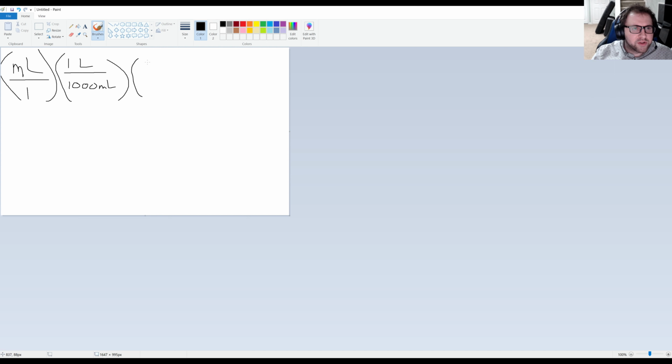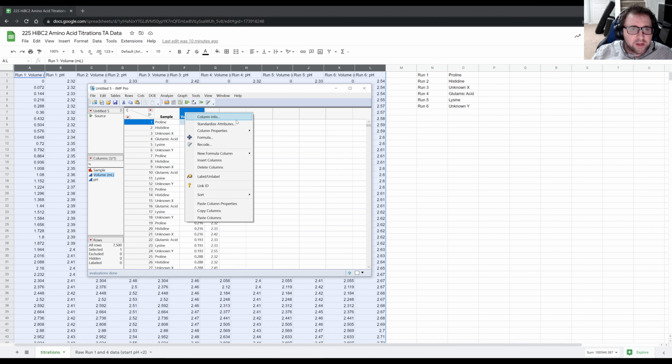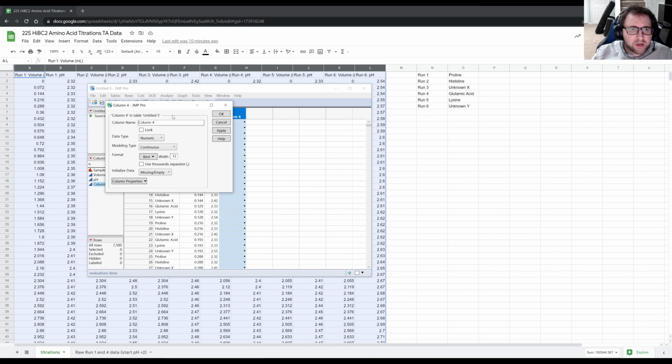And then our concentration was 0.05 moles of NaOH, or OH minus, per liter. So I just have to take my value, divide it by 1,000, and then multiply it by 0.05. So we'll do that in JMP. We'll make a new column here. We'll call this